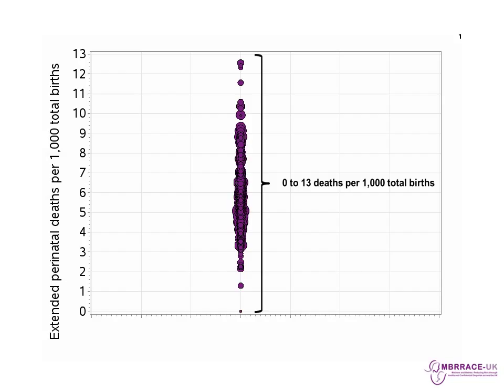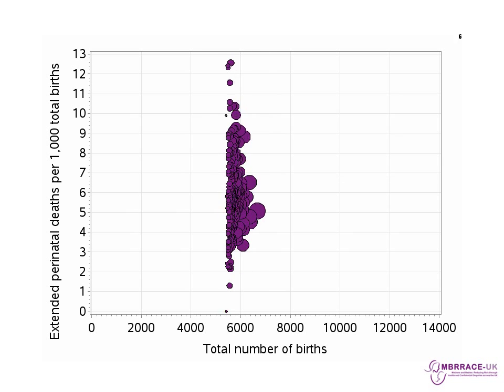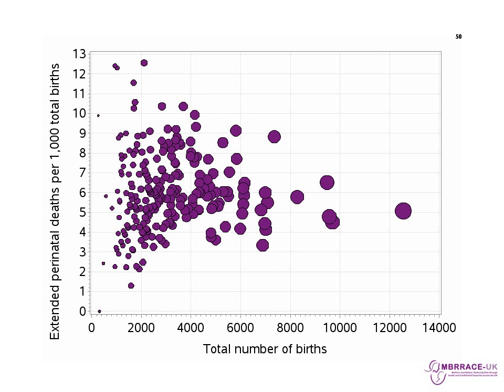The first reason is that mortality rates will vary from year to year purely due to random variation. This is particularly true for organisations that have a small number of births. This can be seen in our data, when the rates are shown by the number of total births for each organisation. The rates for the smaller organisations, those to the left of the scatter plot, show much more variation than